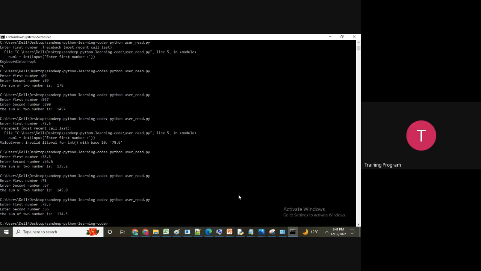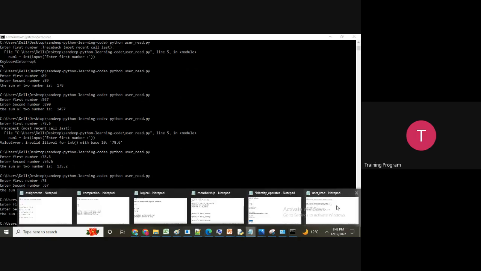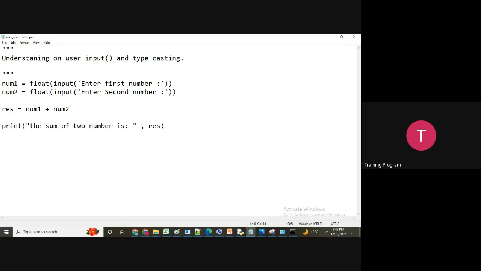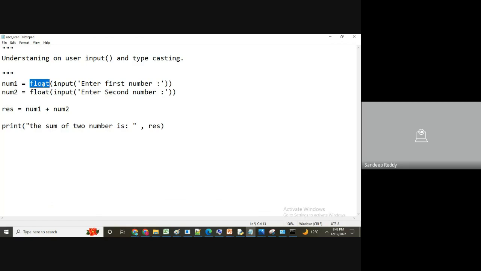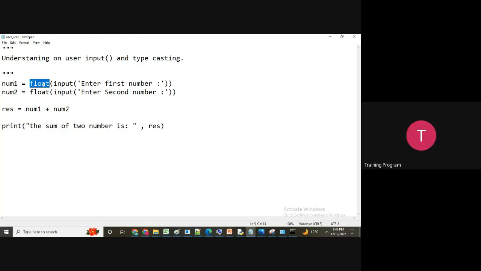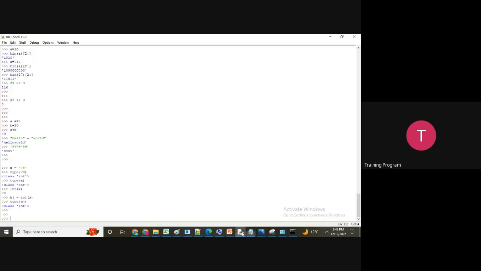ओके. टाइप कास्टिंग में जो मेजरली सपोर्ट करता है वो क्या करता है, अगर कोई चीज तुम्हारी स्ट्रिंग में है, तो उसको इंटीजर में कर देगा या फ्लोट में कर देगा। या कोई चीज अगर इंट में है, और आप उसको स्ट्रिंग में करना चाहते हो तो वो स्ट्रिंग में कर देगा। अभी हमने देखा तो था ऑलरेडी, हम कोई इंटीजर वैल्यू दे रहे थे तो वो स्ट्रिंग में कन्वर्ट हो जा रही थी। तो मेजरली टाइप कास्टिंग में तीन चीज सपोर्ट करता है, फ्लोट, इंटीजर और स्ट्रिंग। अगर कोई आपसे पूछेगा कि हाउ मेनी सपोर्टिंग वेरिएबल इन इट, तो आप बता सकते हो कि यही तीन हैं, स्ट्रिंग, फ्लोट और इंटीजर।